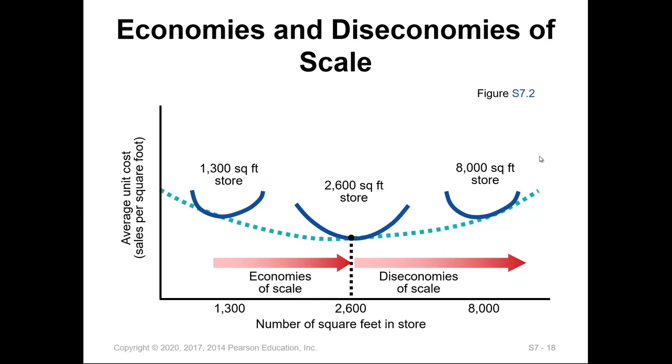In this chart, it shows that the 8,000 square feet was a lot. The 1,300 square feet was less or was not enough. So we calculated that and we got to the 2,600 square footage as our perfect space for the lowest cost. So again, you can tie that with the cost and see how when you divide the overall cost of the utilities and the space and other things, how would that tie to the average unit cost, and based on that you can make the decision for the proper footage.